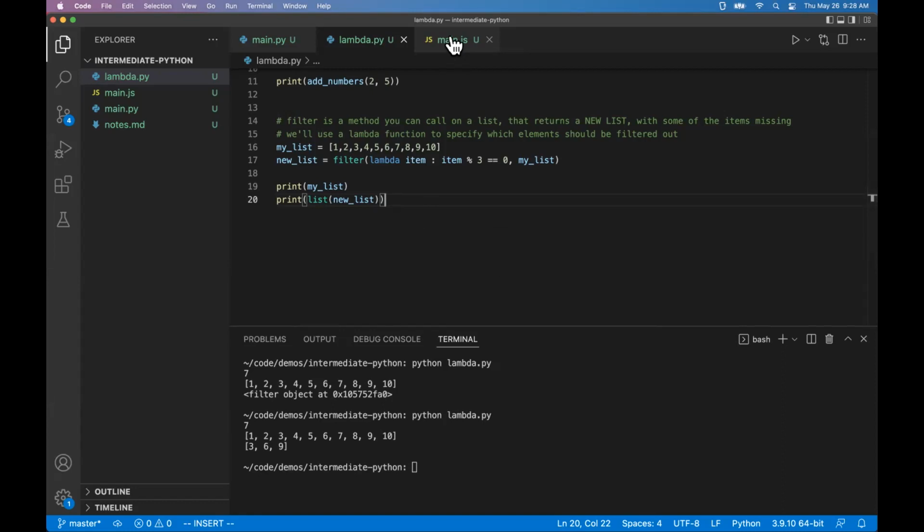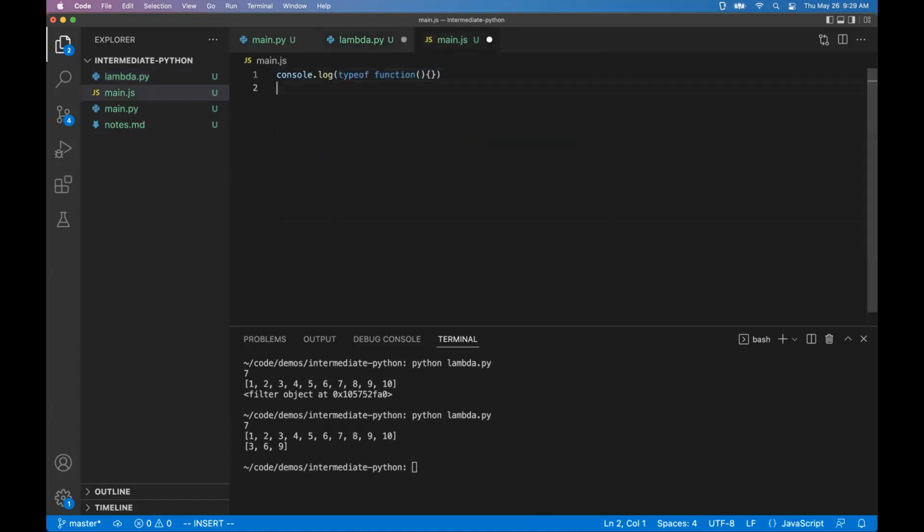Nathan, did you have your hand up? Yes, I did. So I know it doesn't exactly apply to this particular example, but is there an equivalent of a ternary operator if you want to do more than just a true or false? There is. That is actually coming later on in this lecture, but it doesn't really fit in anywhere else, so I might as well just show it now since you asked about it. This is going to be pretty brief. So we showed you in JavaScript, there's a ternary operator. We would say, let x equals